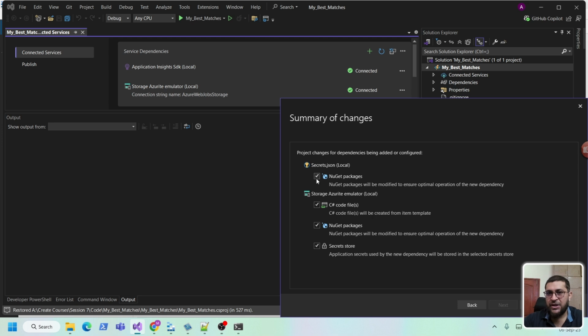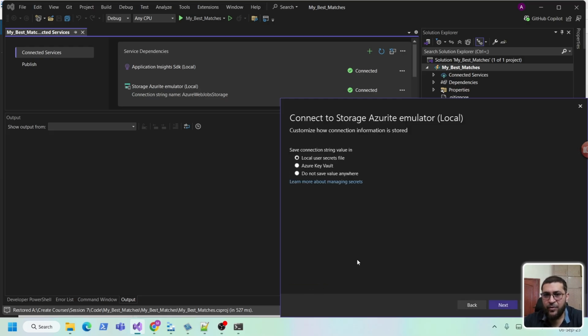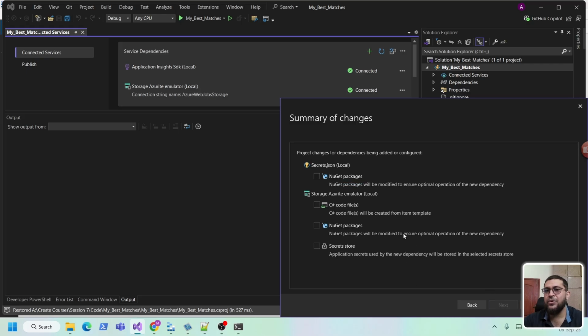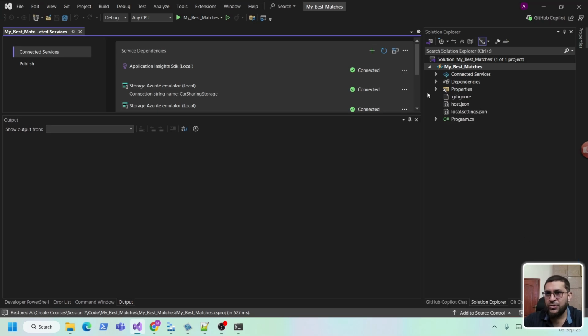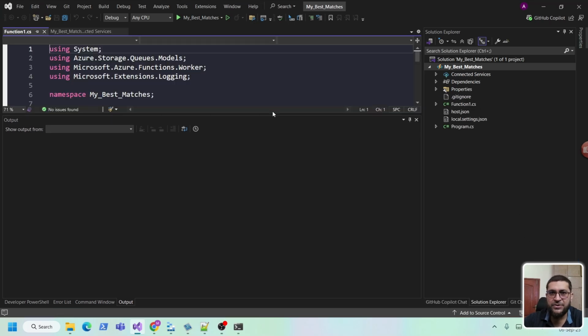Next, here I will unselect all the packages because I don't need them. Let's go back one thing. I will not save anything locally. So you will click the third option, next, and I don't need any other package, so I will unselect and finish. Once you finish, the function will be created. Let's close, and now you can see here, if I scroll,